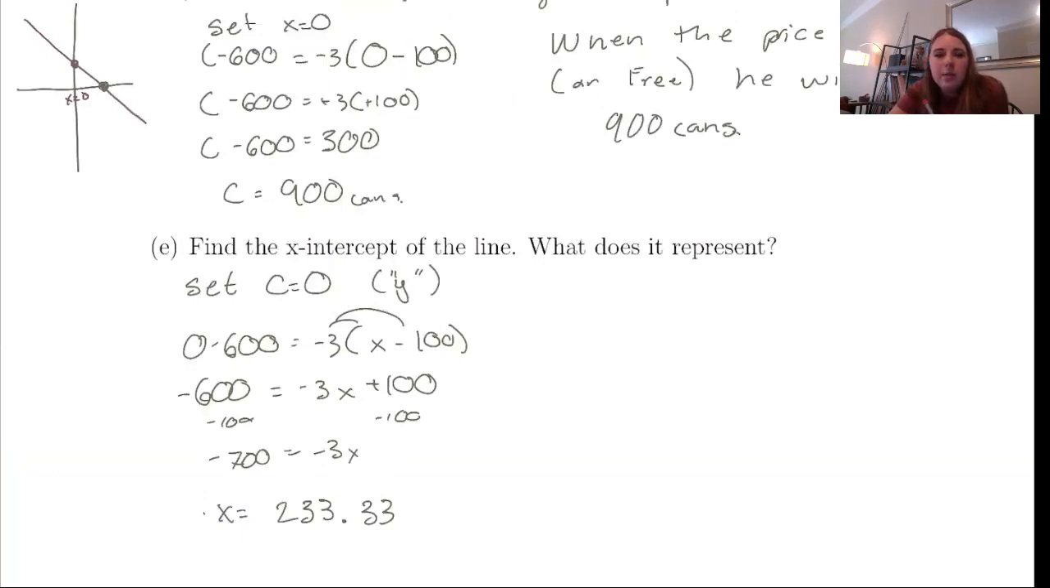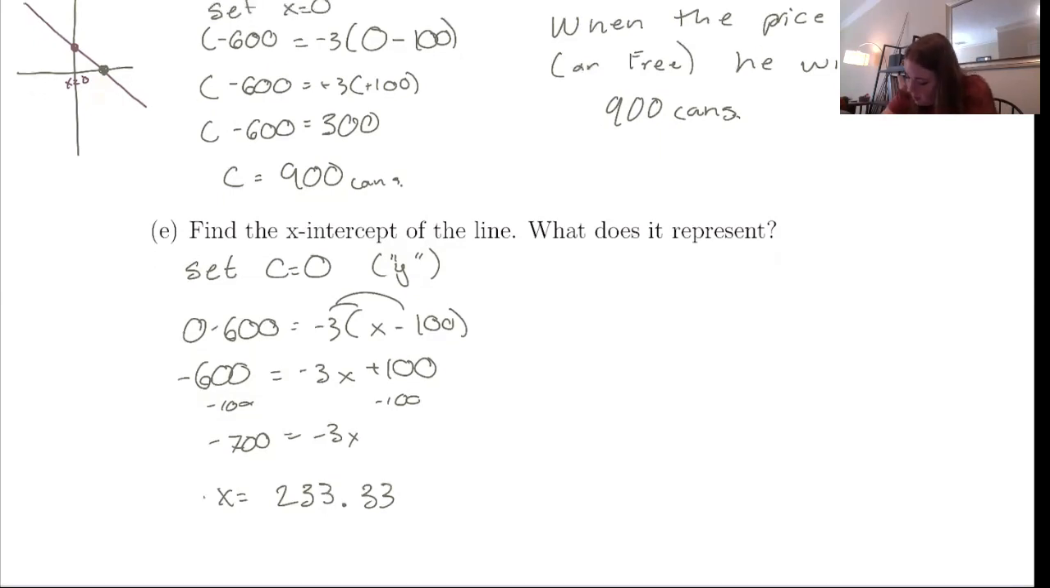So if the x-intercept is 2.33, it's the price at which people are going to be like, ooh, $2.33 for a can of soda? No, thank you. Which is honestly kind of expensive. So exactly. So at $2.33,